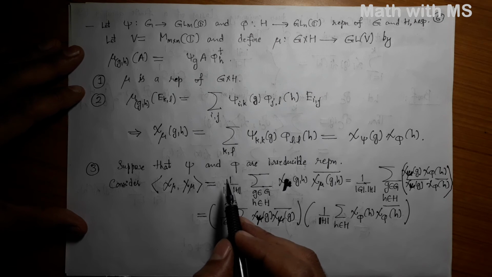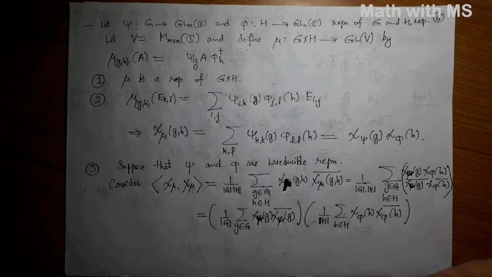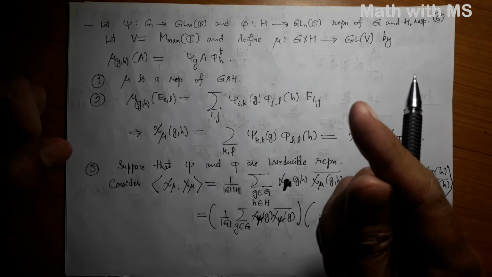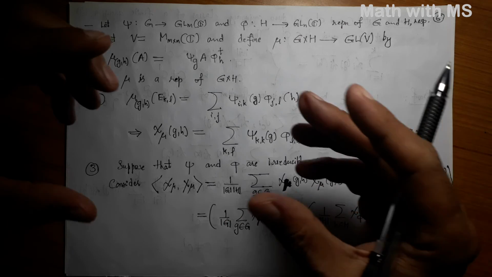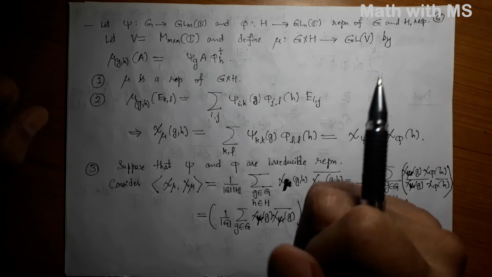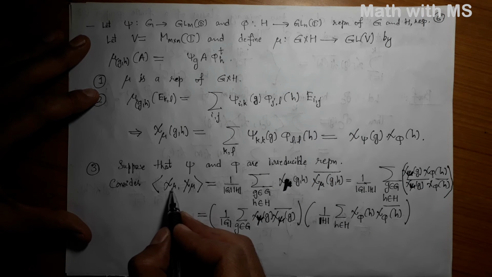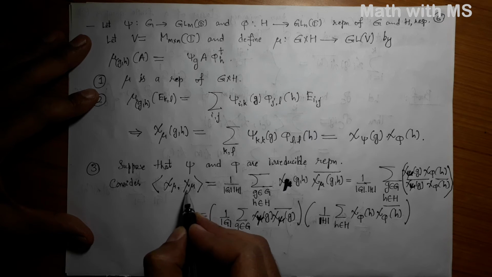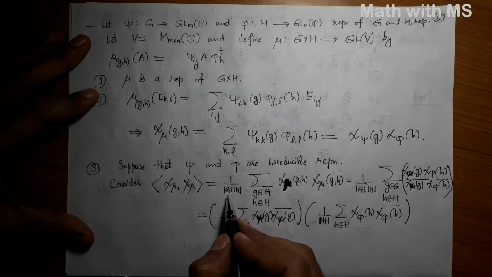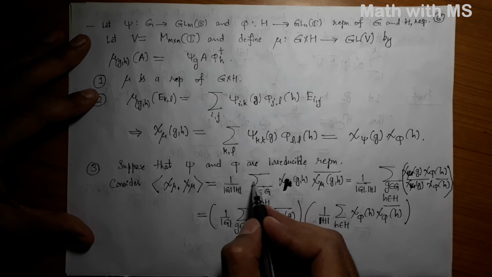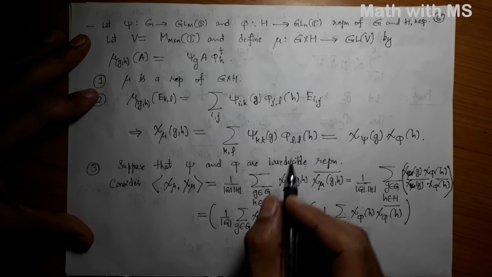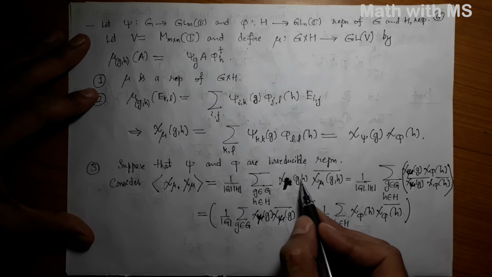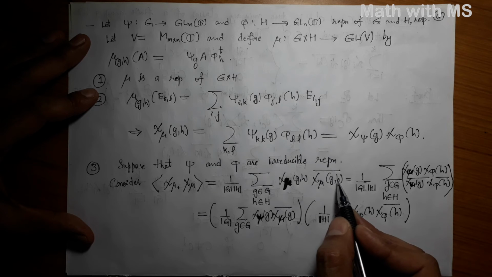To check irreducibility of the representation mu, we are going to use an irreducibility criterion that we proved in one of the lectures, which states that a representation is irreducible if and only if the inner product of its character with itself is 1. Okay, so let us consider the inner product of chi mu with itself. So the inner product of chi mu with chi mu is 1 by order of the group G times order of H, summation running over all the group elements. So the group is the product here, so it is g running over G, h running over H, and then chi mu of gh, okay, and chi mu of gh bar.